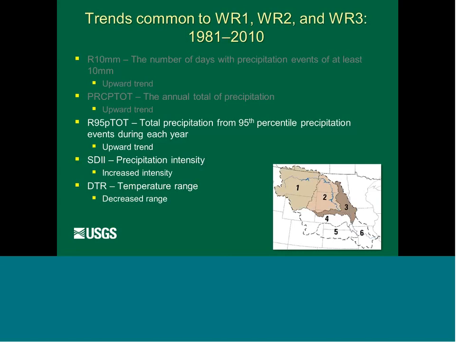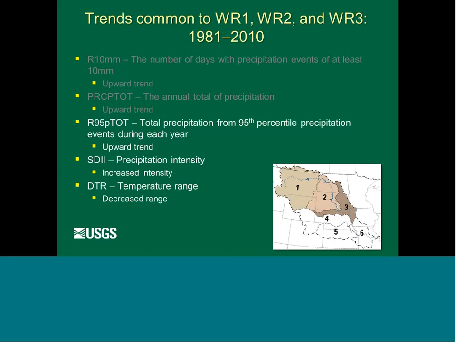And then we've got 2 other precipitation indices relating to precipitation intensity, and the amount of precipitation that comes from those heavy precip events. We won't go into any details with those. What's interesting, too, is the temperature range has decreased, and this is really due to the warming of the wintertime temperatures.